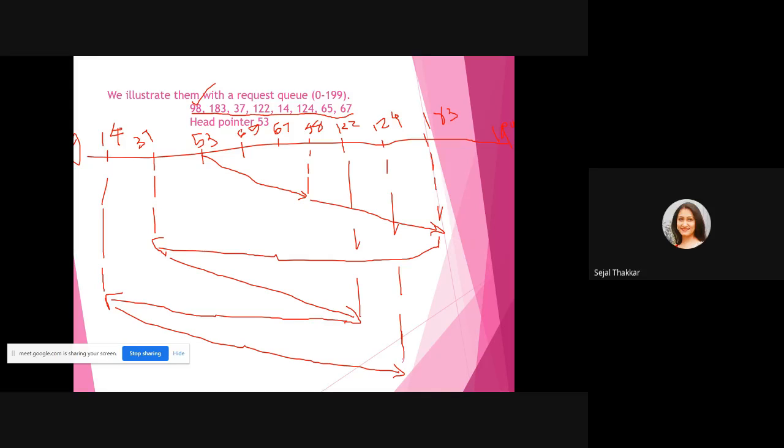Then 65 and 67. Here is the 65. Now it will come to 65. The arrow is in this direction. And the last one is 67. Now it will come to the 67. So in this way, our head will move in first come first serve fashion.